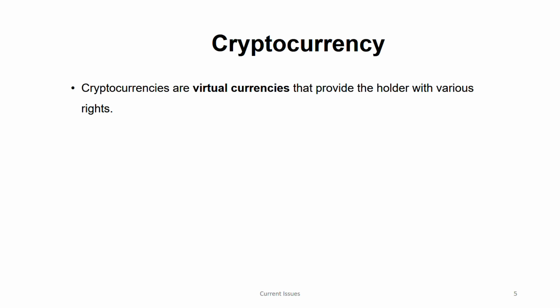Okay, so cryptocurrency, as you know, the definition is it's virtual currencies, something you cannot touch, something you cannot feel. But it has some rights for the one who is holding that virtual currency, it's online. Don't focus too much on definitions, you don't have to memorize, but it is better to know the definition at least. At least you have an idea of what a cryptocurrency is, because if you don't know what it is, then how will you know the accounting aspect of it?